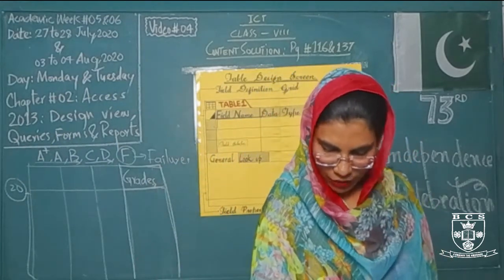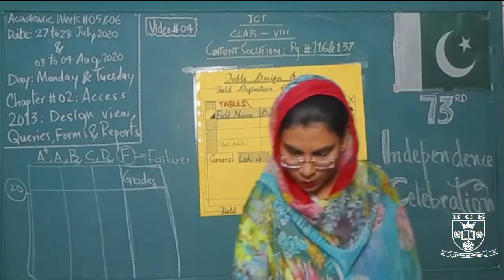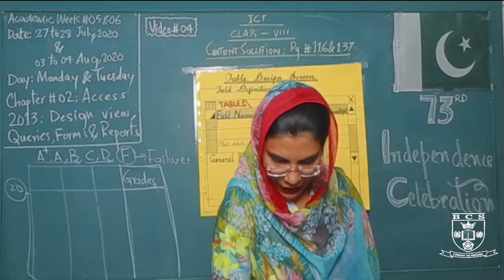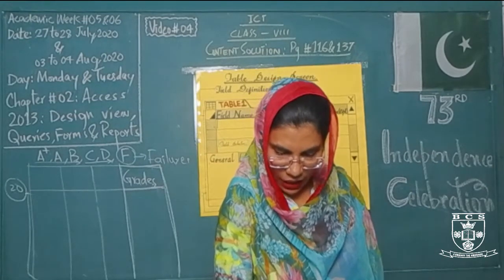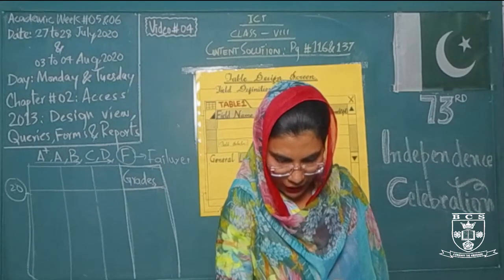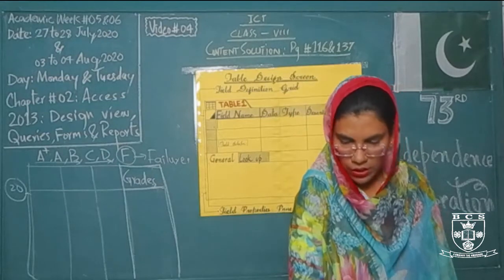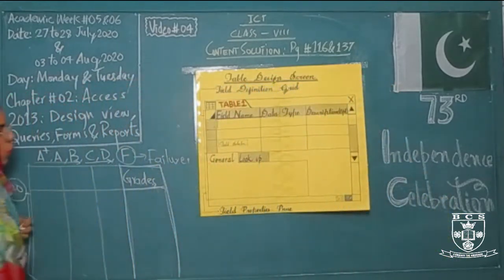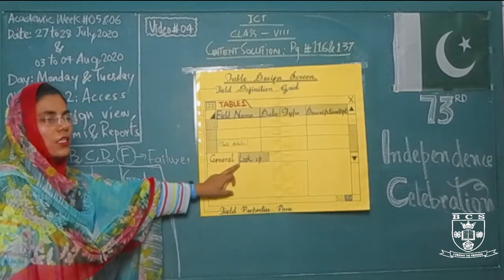Now for the design view, the present view that we are discussing on the board, we have to click the menu in the data type cell. We have clicked in the data type cell, and again a menu appears, and then we have to select the lookup wizard, and as we click the lookup wizard, a wizard opens. So whenever we are applying any of the three methods to set up this lookup field, a wizard opens.